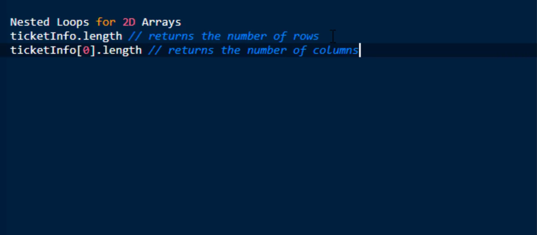Let us see how to get the number of rows and columns in the arrays. Arrays generally know their length, or the number of elements they can store. The length is a public read-only field, so we can use dot notation to access the field using array dot length. The length of the outer array is the number of rows and the length of one of the inner arrays is the number of columns. Note that length is a field and not a method, so we do not add parentheses after length. However, if we use parentheses after length in the exam, we won't lose any points.